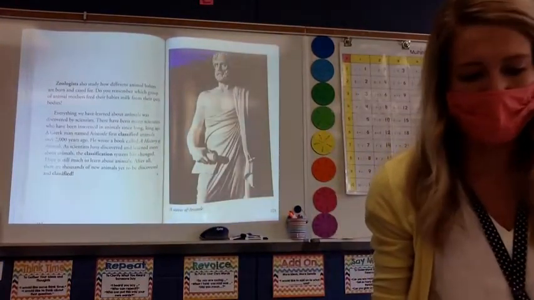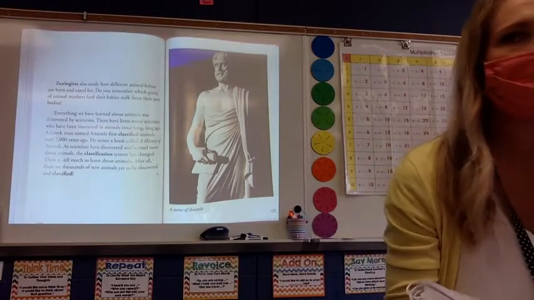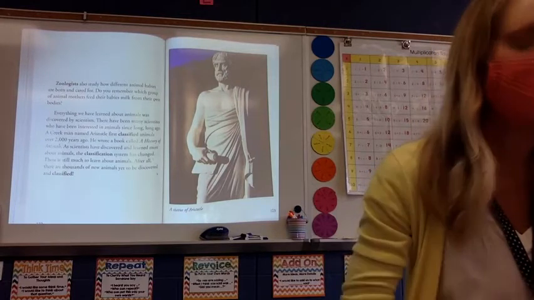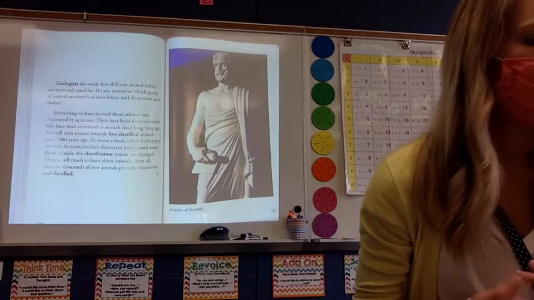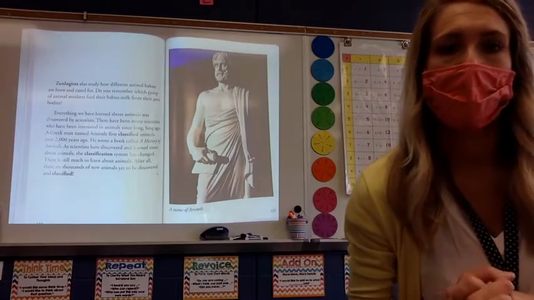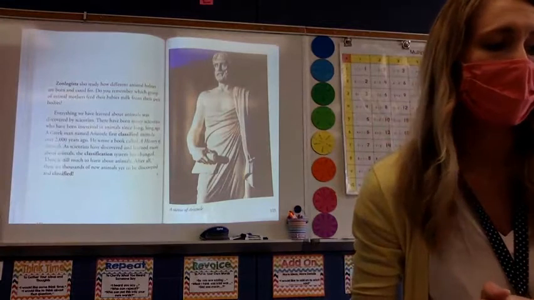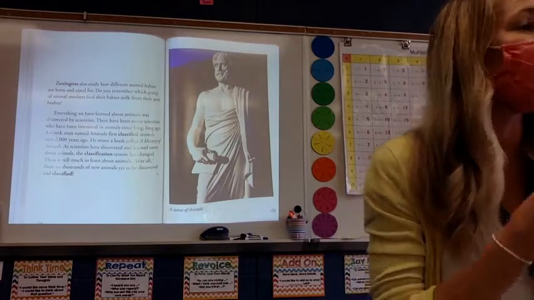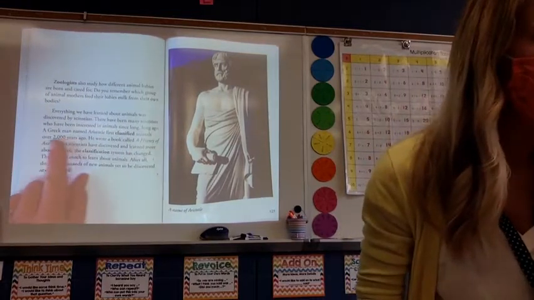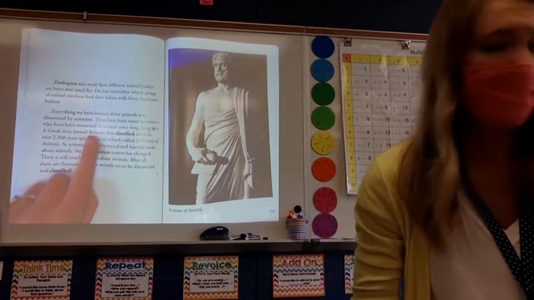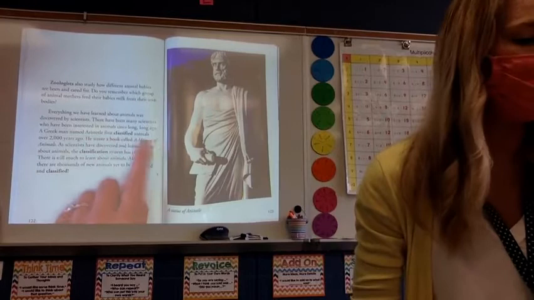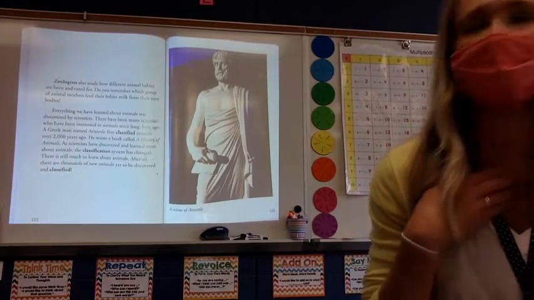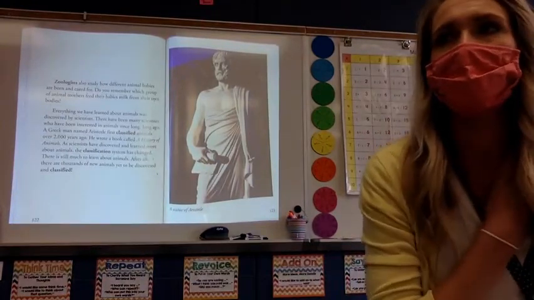So we already read the caption before we started, but who is this man? Kaysen, who is this man? Aristotle. What is important about Aristotle from our reading? He was the first person in the world to classify animals. Yeah. Is that a pretty important thing to know? Yeah. Or at least to include in the text? I can find it: a Greek man named Aristotle first classified animals over 2,000 years ago. What else did Aristotle do, according to our text?